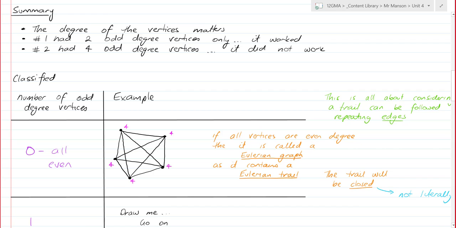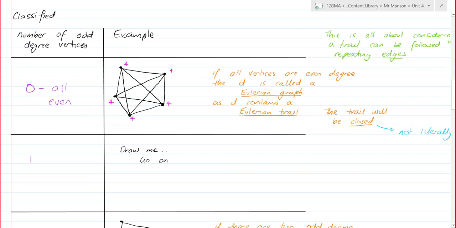They're all even. All the vertices are even. This is called an Eulerian graph because it contains what's called an Eulerian trail. I can travel from one vertex, a full roam around the graph, covering every edge exactly once, and finish where I started. So that's a complete trail. It's called an Eulerian trail. Here's one